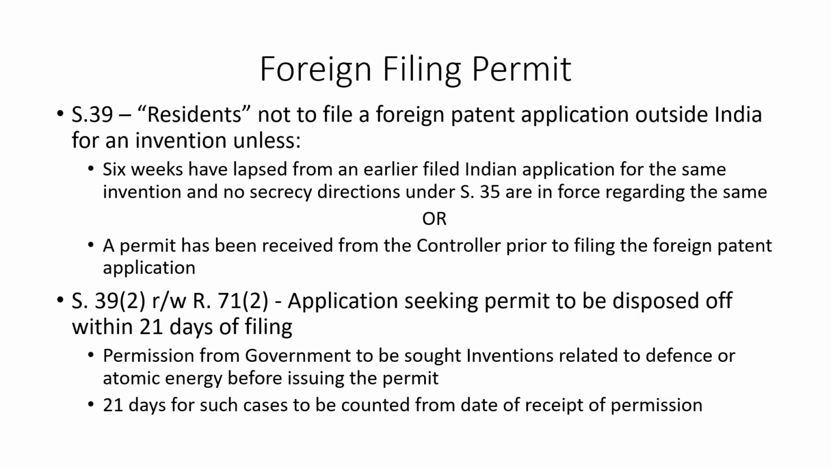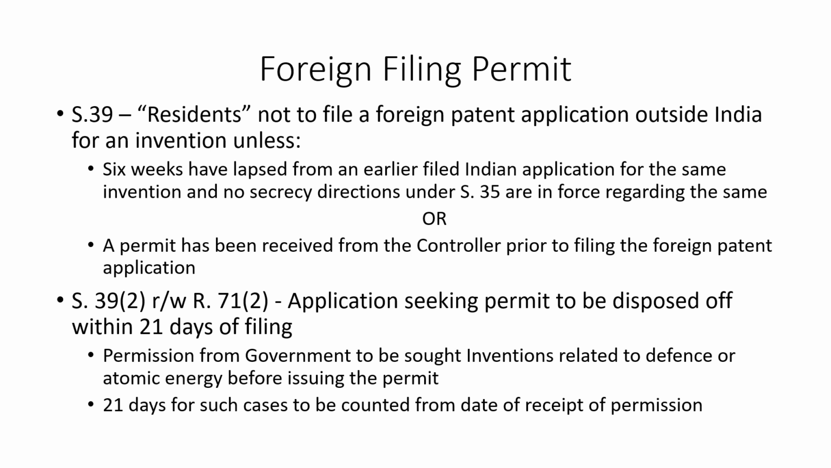Next, we move on to the provision related to foreign filing permit, which is provided under section 39 of the Patents Act. So what it basically provides is that Indian residents cannot file a foreign patent application which is outside India for any invention unless they have already filed an Indian patent application for that particular invention in India first and 6 weeks from filing of that particular Indian application have lapsed. So if you are an Indian resident and you have conceived an invention, then you cannot file a patent application for that particular innovation outside India unless you have first filed an Indian application. Then after 6 weeks of filing of that particular Indian application, you can go ahead and file a foreign patent